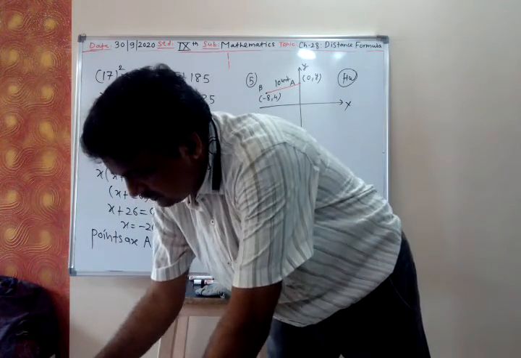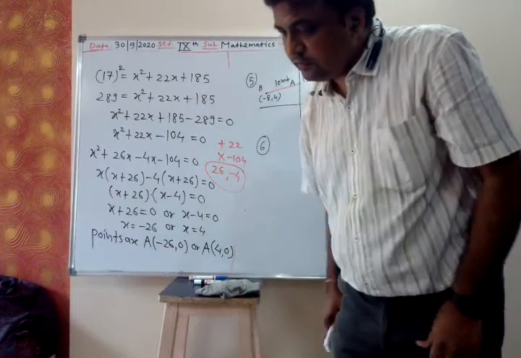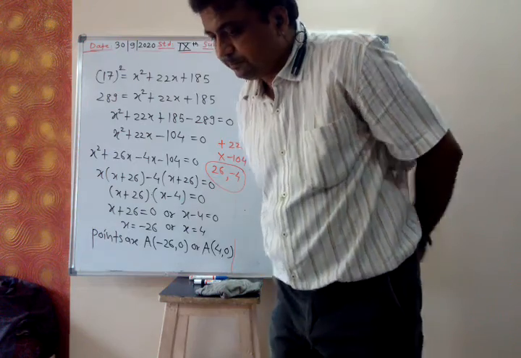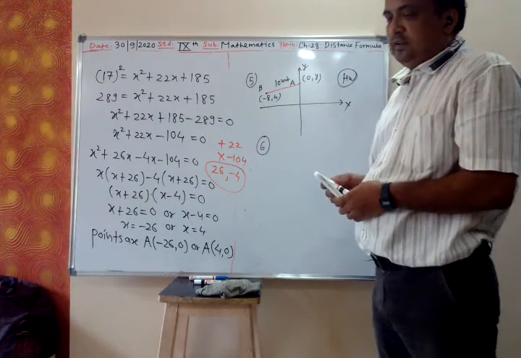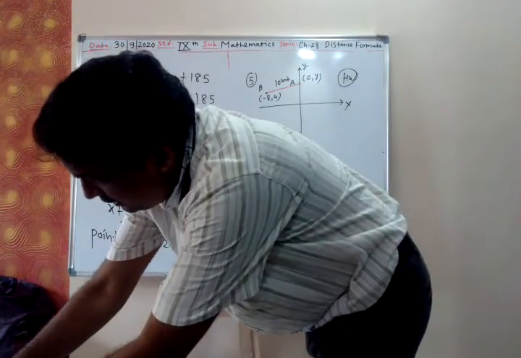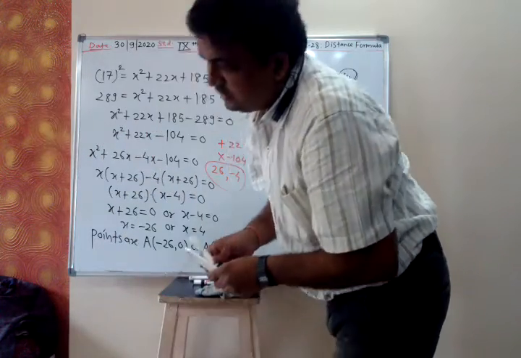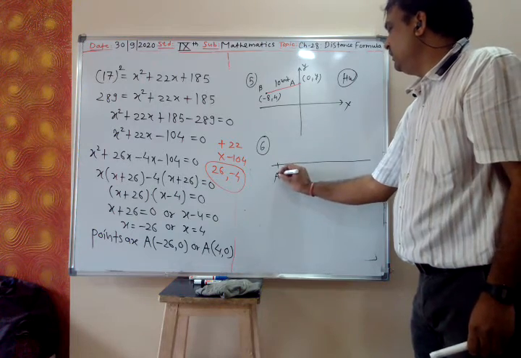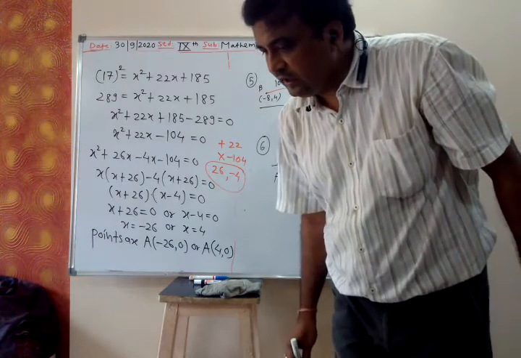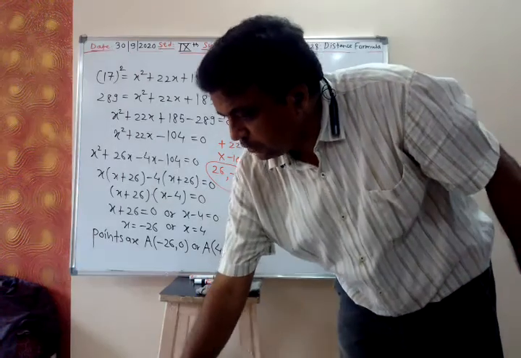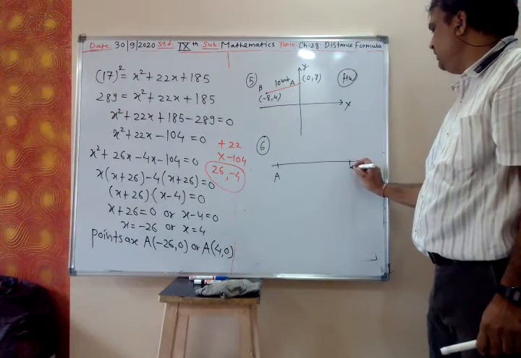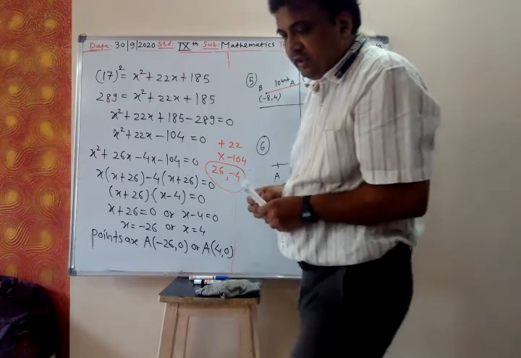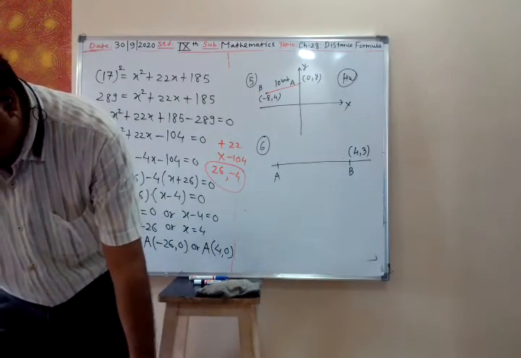Now sixth, a point A is at a distance of root 10 unit from the point 4 comma 3. Find the coordinate of point A. Now sixth one will solve. Let us take the point A. The point A is at a distance of root 10 unit from the point 4 comma 3. This is another point B. This is 4 comma 3. Find the coordinates of the point